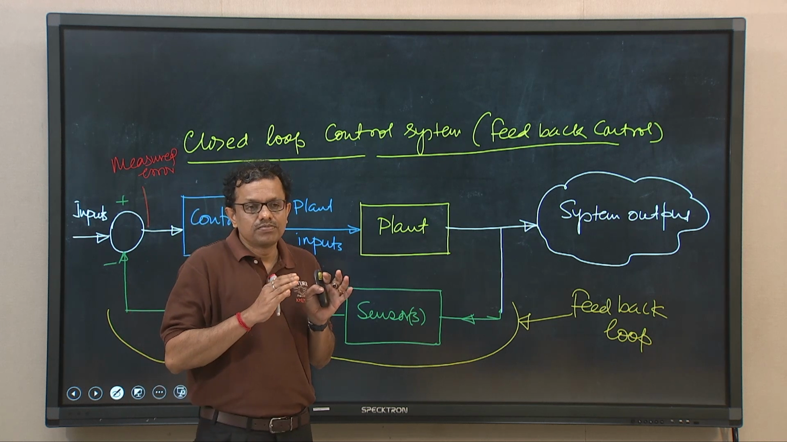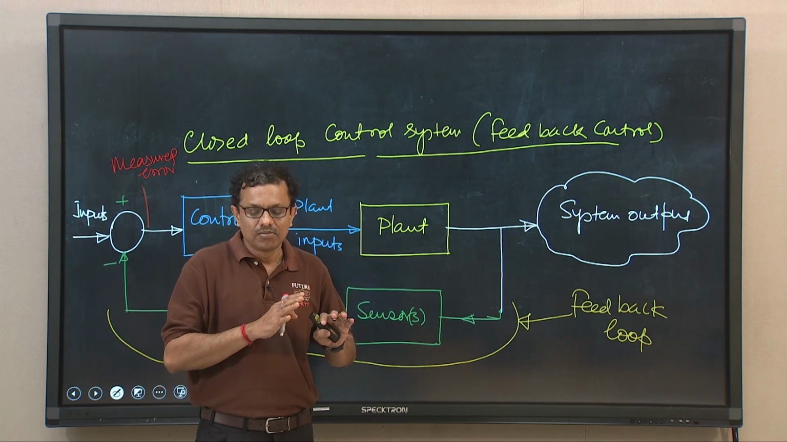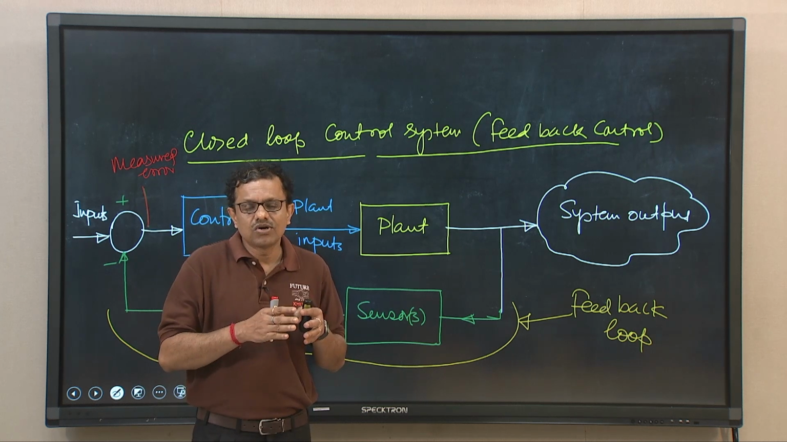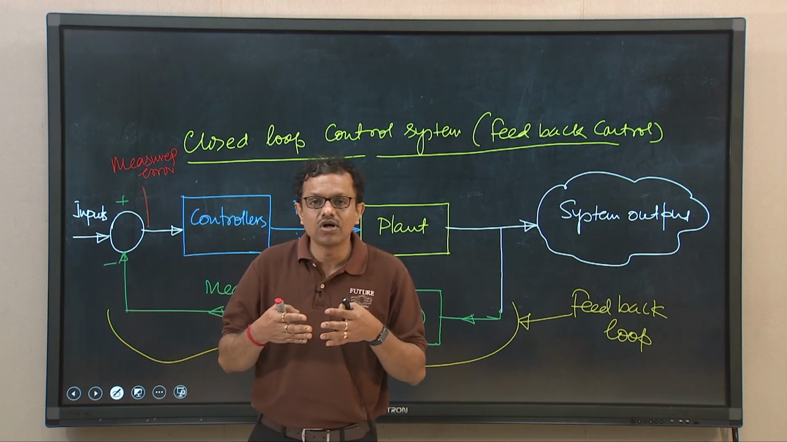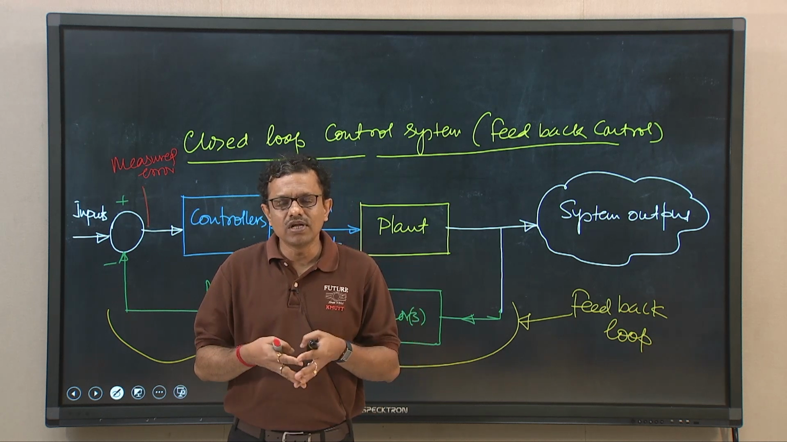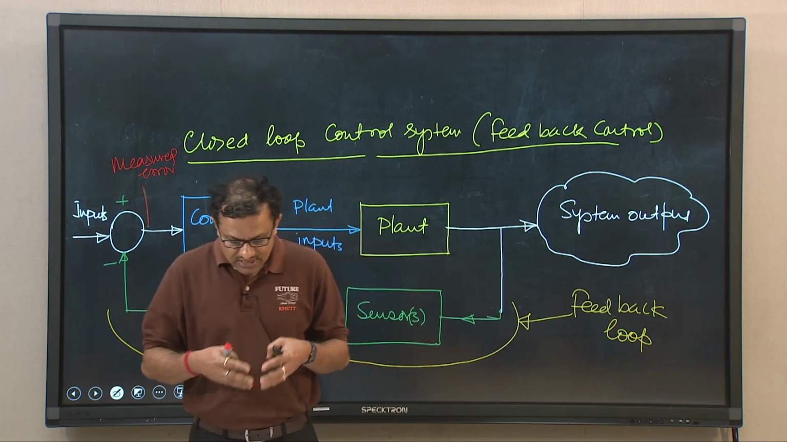So, we have discussed two different types of control system today, but beyond this, control systems can be further classified into two subcategories: one is memory based control and another one is adaptive control system. So, we shall discuss these two